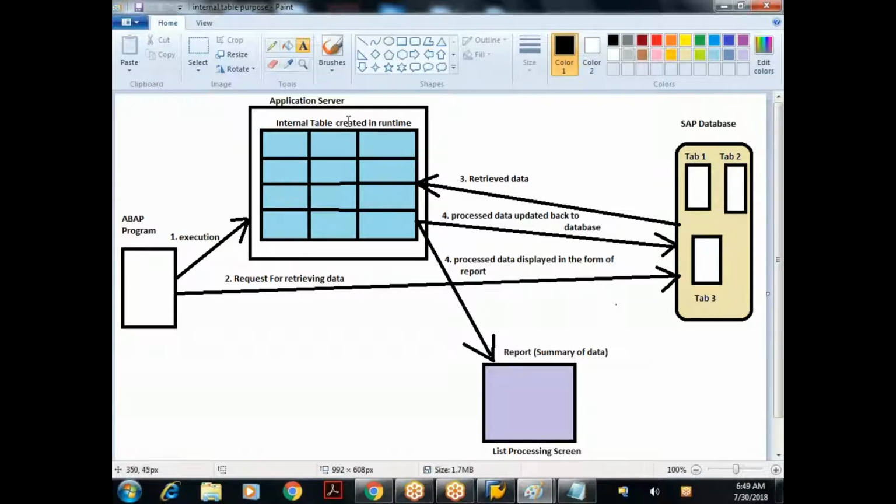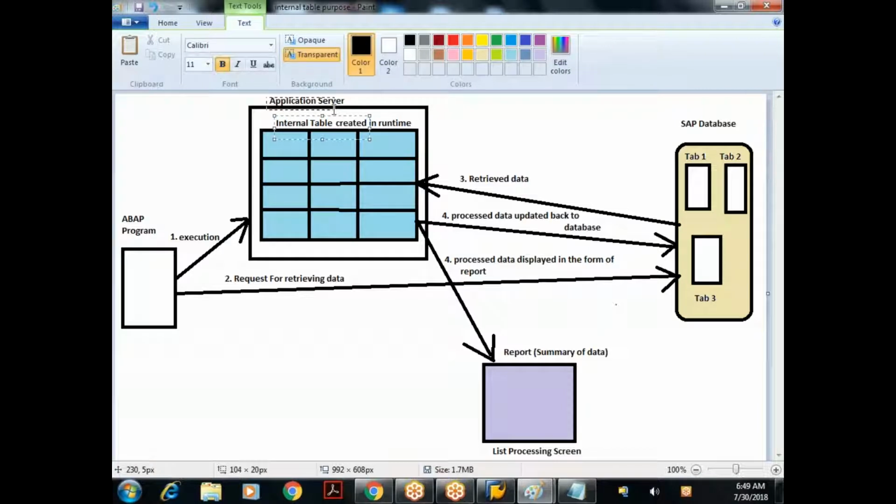This internal table gets created in the application server, and it is temporary, meaning its lifetime is only during the program execution, whereas a database table is permanent. The lifetime and scope of the internal table is only during the program execution.